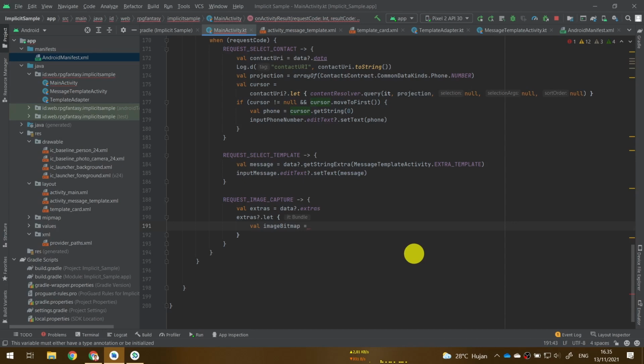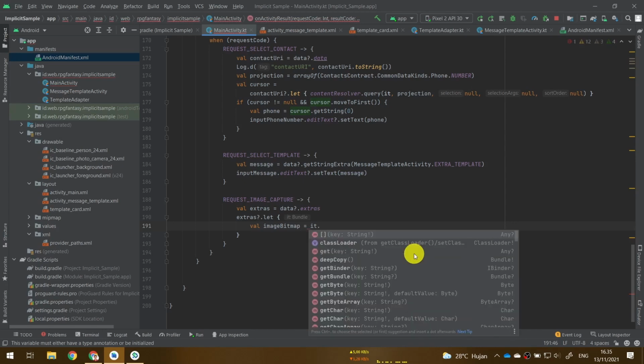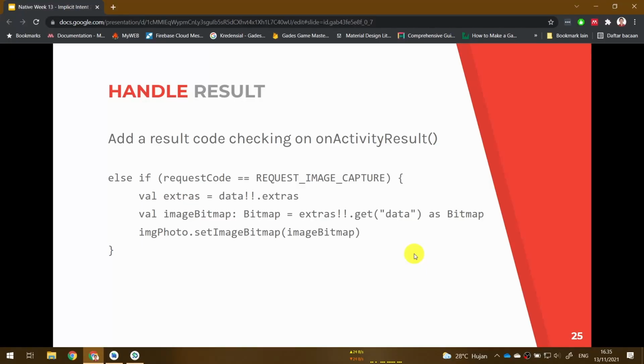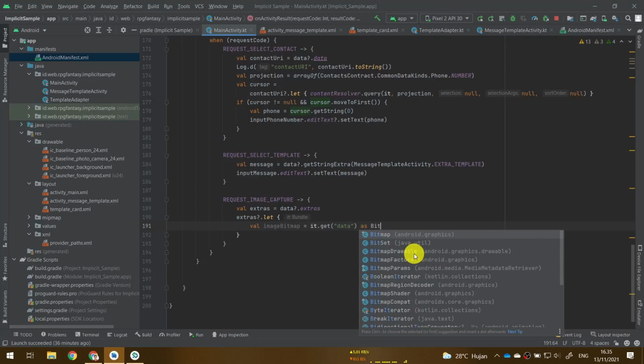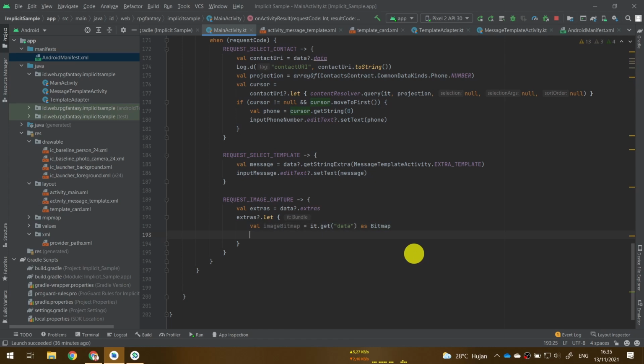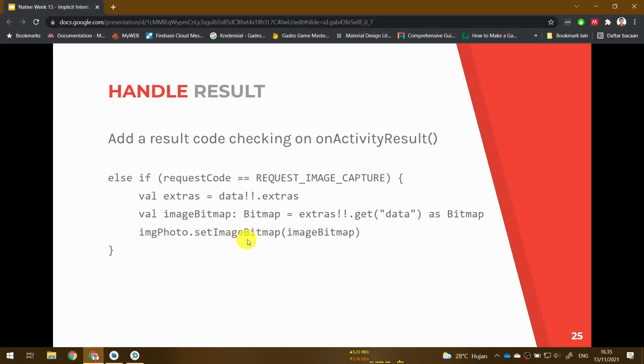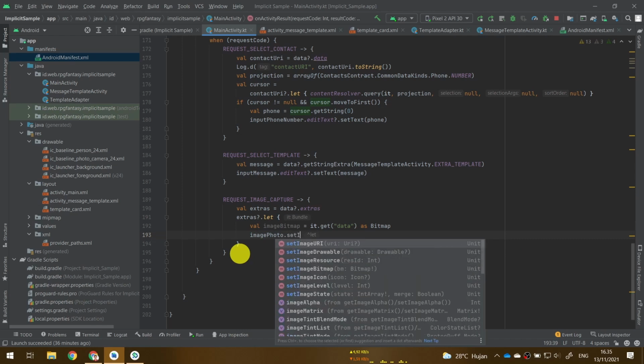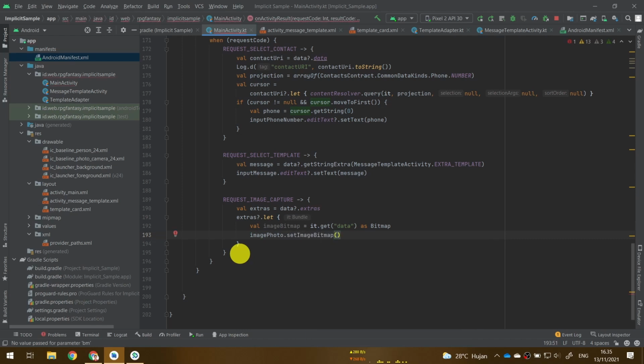Extras.get, here I can refer to it as it. Get, and the key is data, all in lowercase, as bitmap. Now we can set the image bitmap from our image photo image view: image photo dot set image bitmap with this image bitmap.